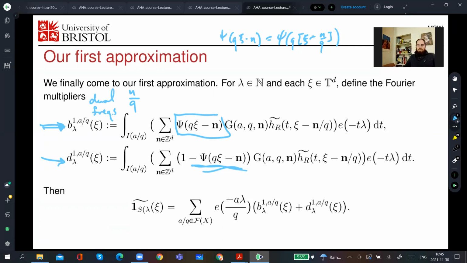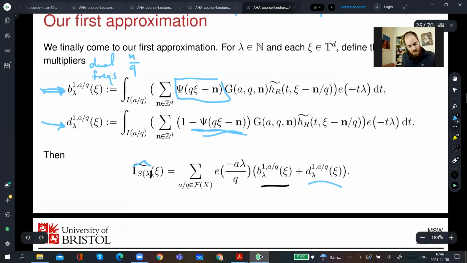And this 0th frequency is what I mean. That is the n over q closest to c. That'll be the main term. Everything else is going to be an error term. Right? So at this stage, I should have the Z^d Fourier transform of this indicator function. It can be written exactly as this expression down here at the bottom. Okay, and this part will be our first main term. This latter part will be our first error term. So let's get on to seeing why that's an error term.